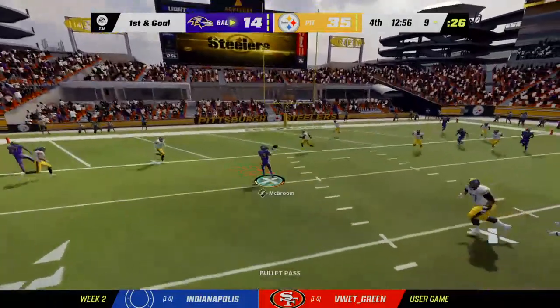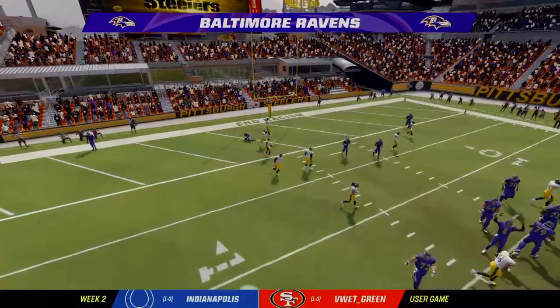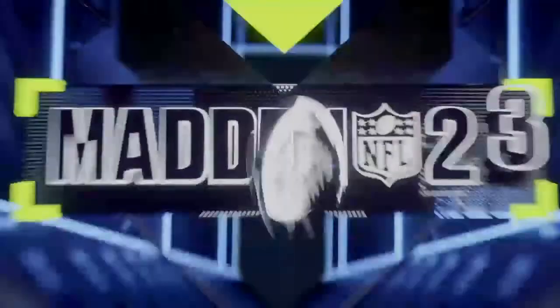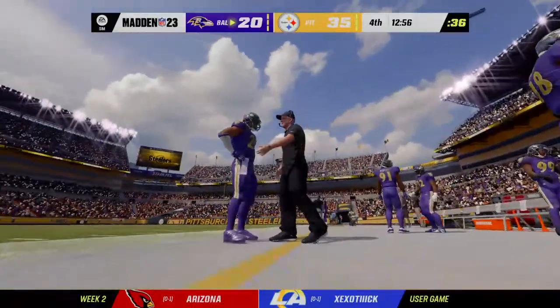Jackson from the shotgun. And in for the Ravens touchdown. A great play there. His 2nd touchdown on the season. And the Ravens have got it back to a 2-score game here in the...